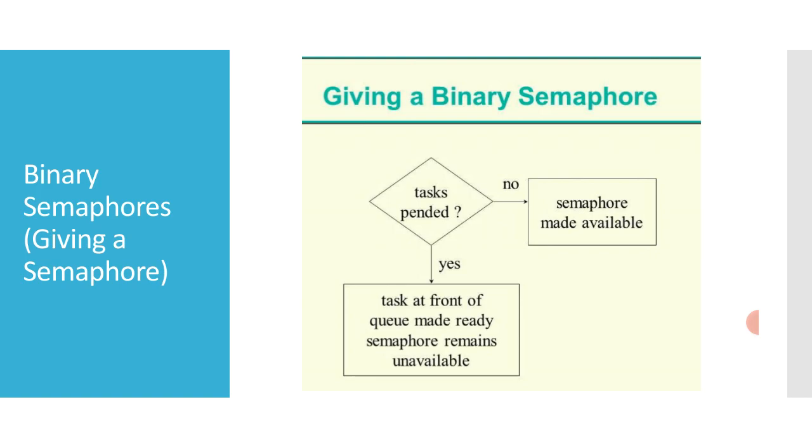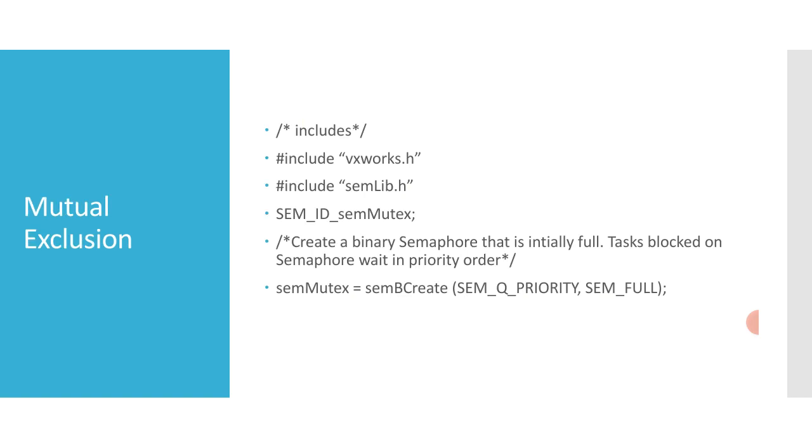So, mutual exclusion: binary semaphores interlock access to a shared resource efficiently. Unlike disabling interrupts or preemptive locks, a binary semaphore limits the scope of the mutual exclusion to only the associated resource. In this technique, a semaphore is created to guard the resource. Initially, the semaphore is available, full. You can check with this code.